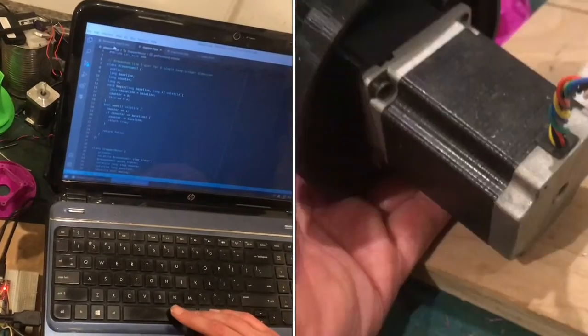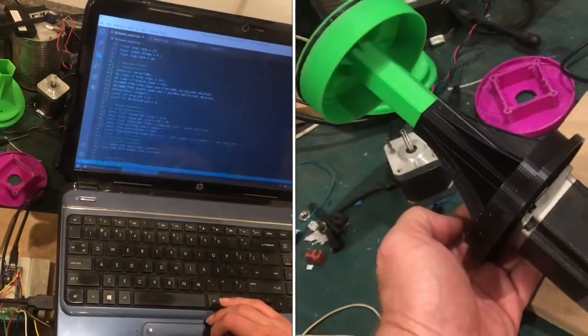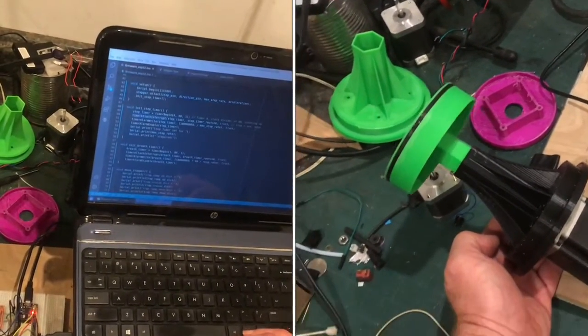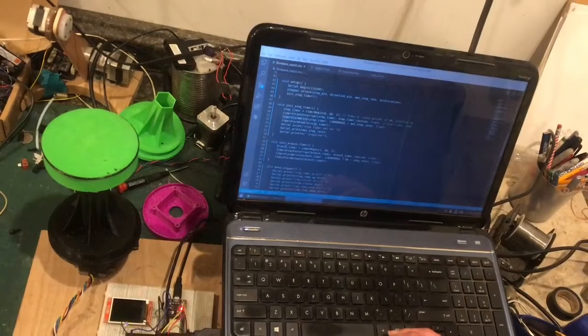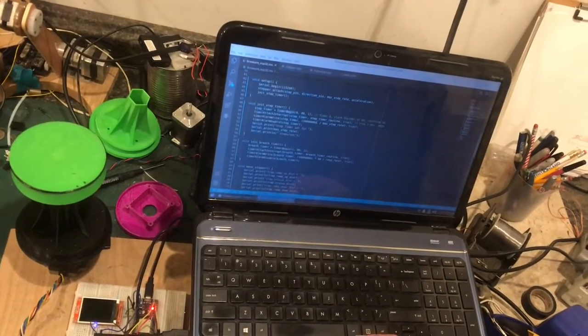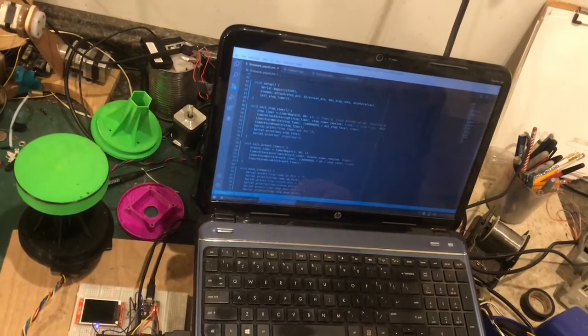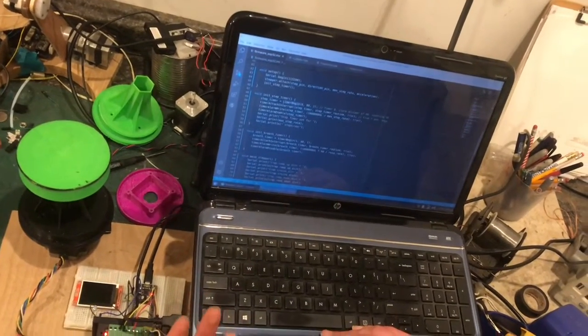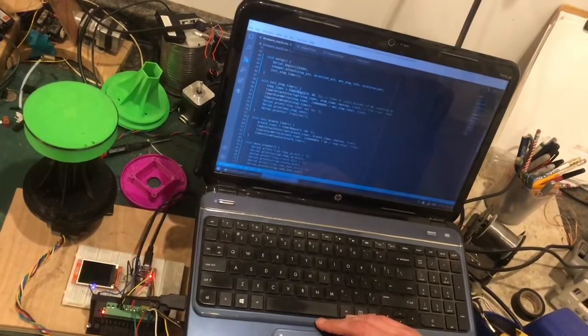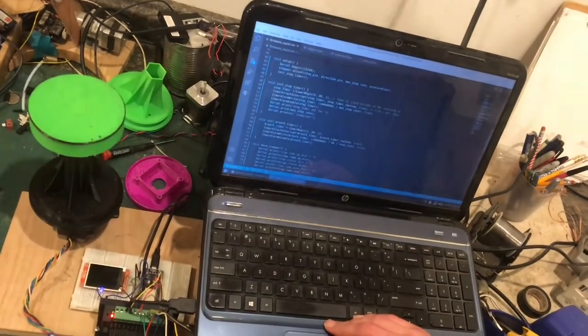So the first thing that you need to interact with is the ESP Timer API. Now I'm using the Arduino version of the Timer API. It's like an Arduino wrapper around the ESP-IDF toolkit, and it's